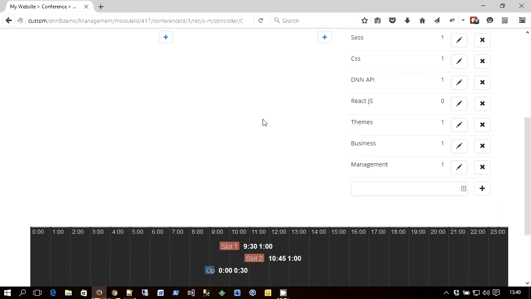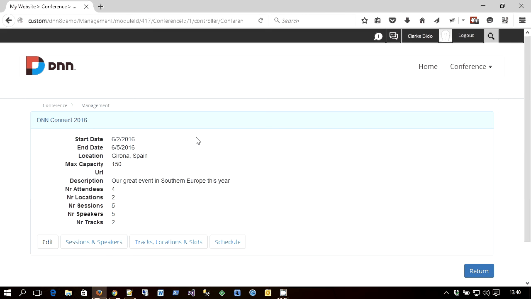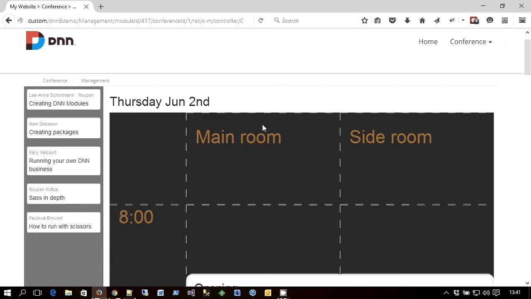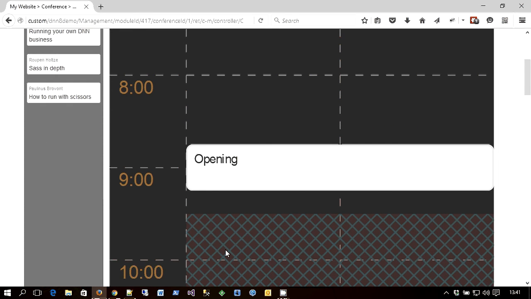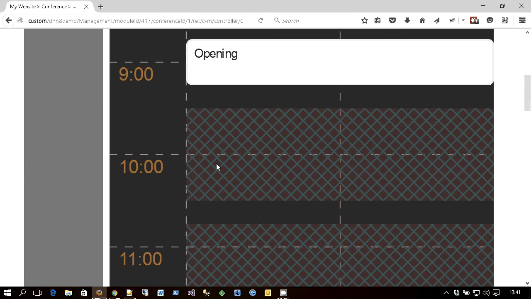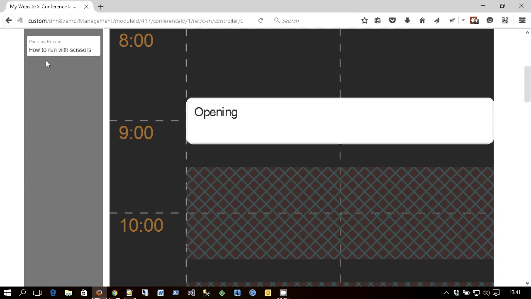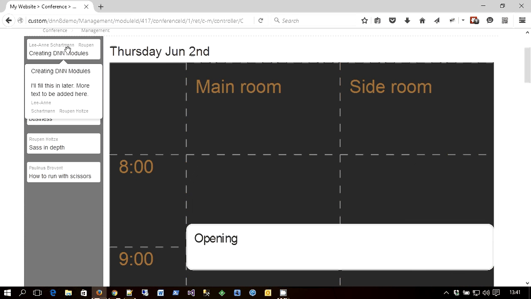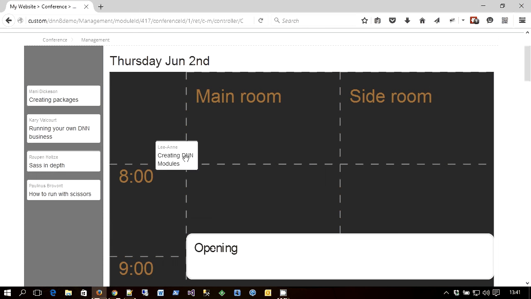All right, at this point in time we can actually make our schedule. Let's now head over to the schedule. So as you can see in the schedule, we've got our 2 locations set up, the main room, the side room. We've got our opening, and we can see our slots here in a hashed pattern on the grid. Now, given a larger screen, this will be a little bit easier to drag and drop, but here we go. These are the unscheduled sessions here on the side. A little description pops up when you hover over them, and we're just going to drag one of these over